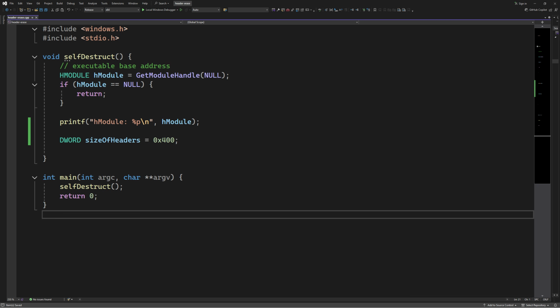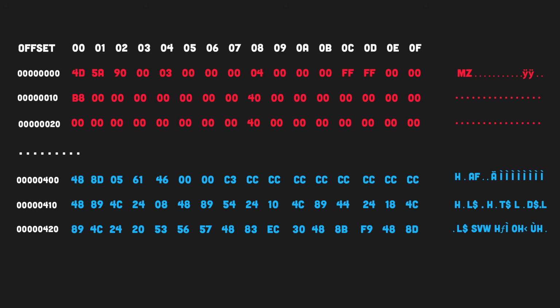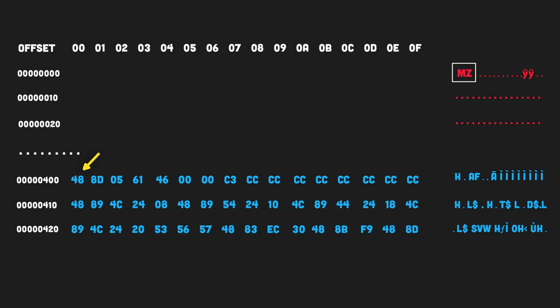Here in the main function, we call the self-destruct function. The code in this function is very simple. But before we dive into it, I just want to clarify something. What I mean by the portable executable headers is all the bytes starting from MZ all the way till the first byte of the code section, because this is where the first section in the executable starts. What we want to do is to erase or delete all of these bytes, starting from MZ all the way